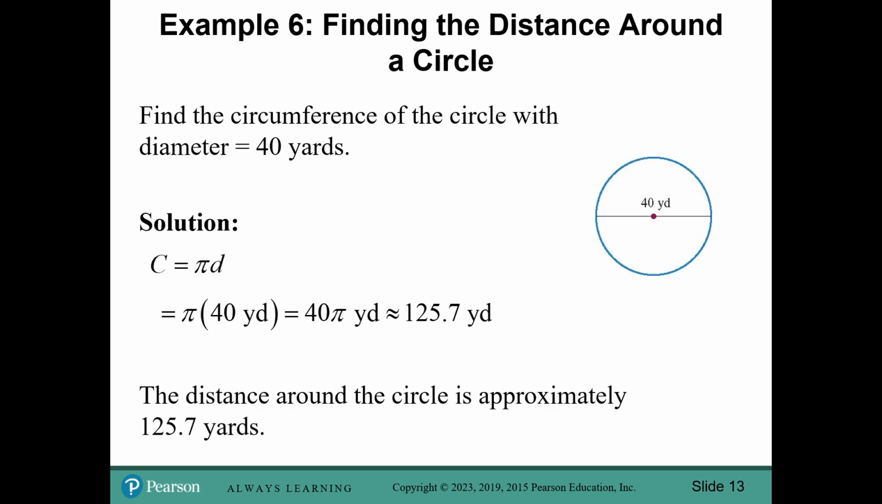Alright, so let's find the distance around the circle. We want to find the circumference of the circle with diameter equal to 40 yards. When it says the diameter is 40 yards, that means the length that spans the entire circle and goes through the center is 40 yards. Now, we need to know the